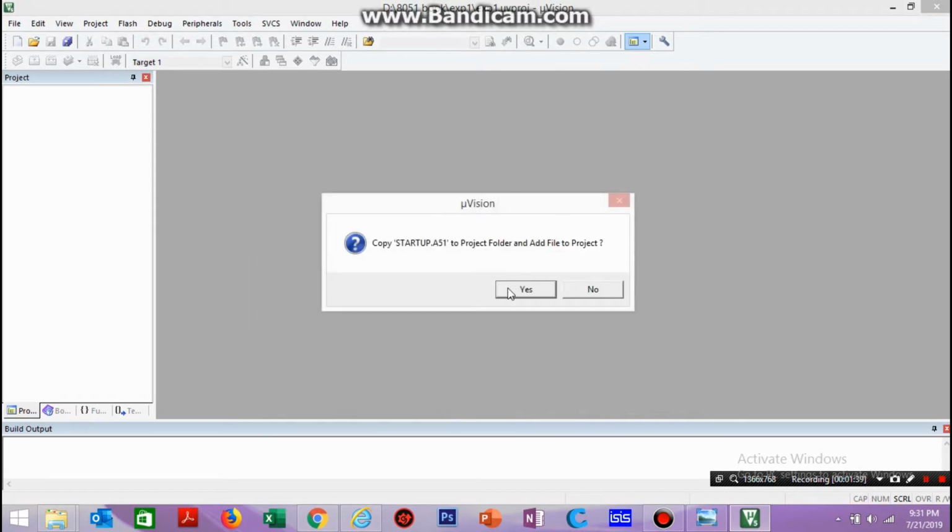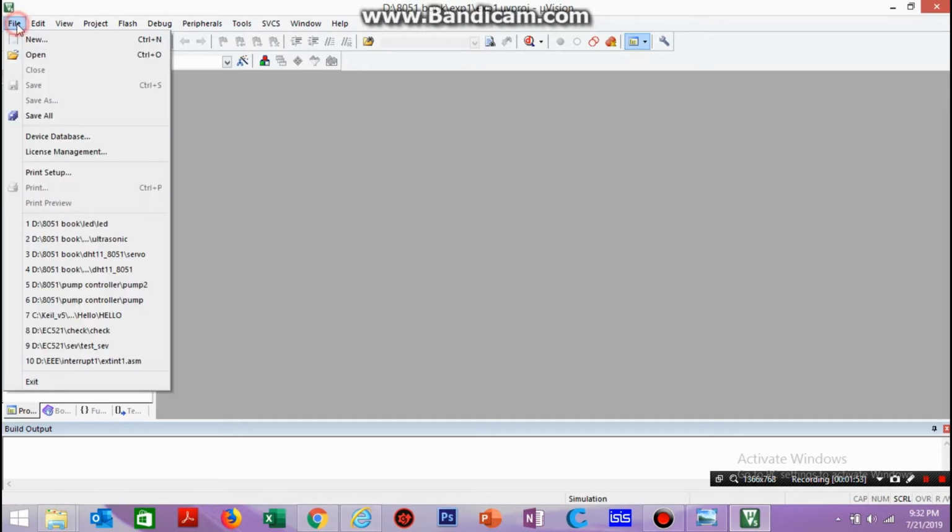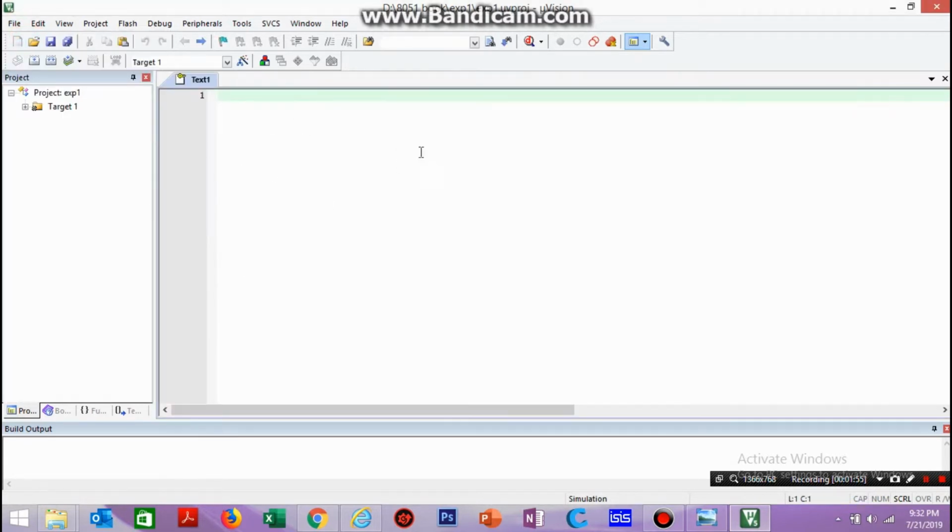It will ask you to add the startup file to the project. So you say no to it. Now you're done with the first step, that is creation of the project. So now you have to create a new file. For that you have to go to File, click on New. So that's how you create a new file, and now you have to save this file using Control S,